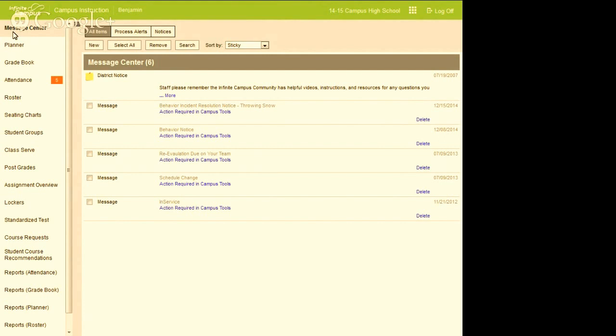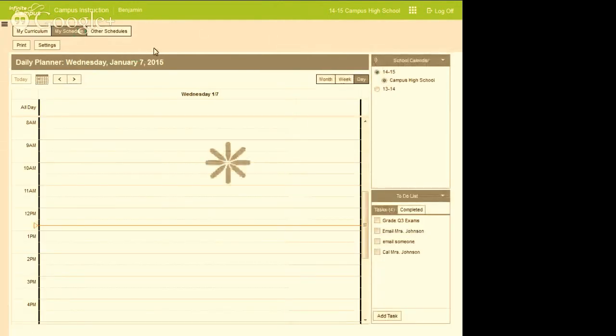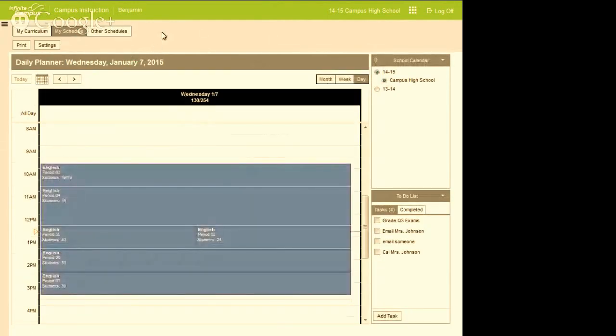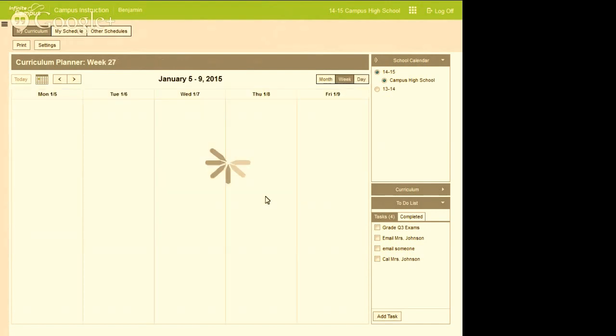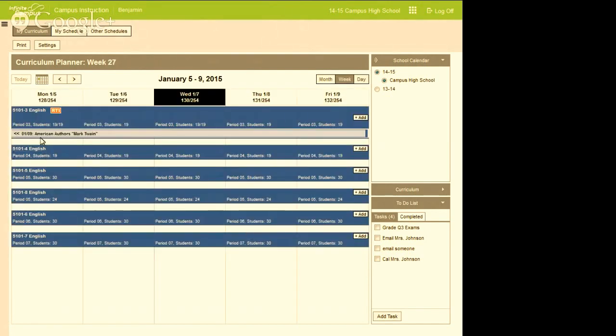So what do I need to do for the day? Well, first things first, I have a planner. I can look at this planner, and I'm going to highlight a couple of neat things you can do here. First of all, on my curriculum tab, and you can view this, I'm in the day mode, but you can view this by week or month, and you'll see any assignments that I've given any of my classes. I'll switch to the week mode here. You can see Mark Twain assignment. That was the one we kind of looked at the very beginning with the PowerPoint and all of that. That was assigned on December 8th.